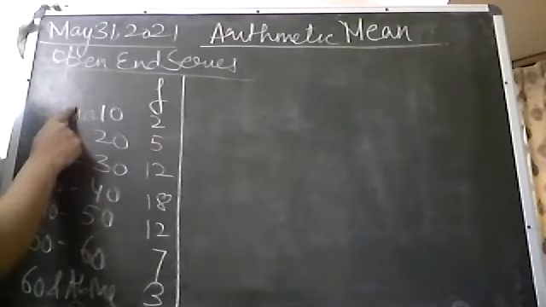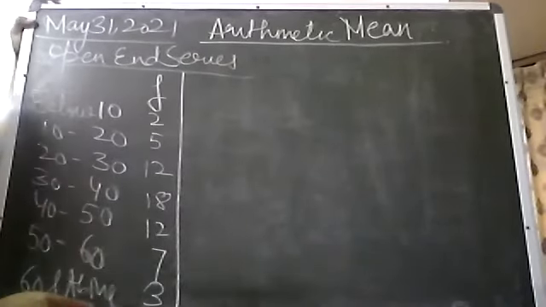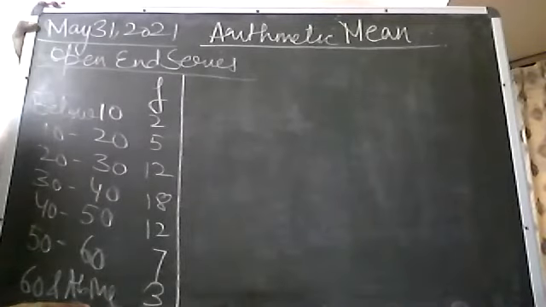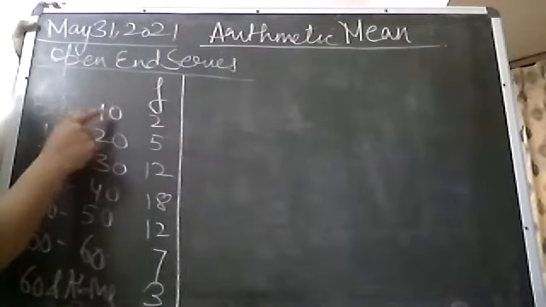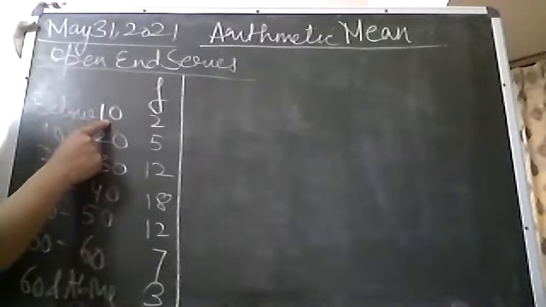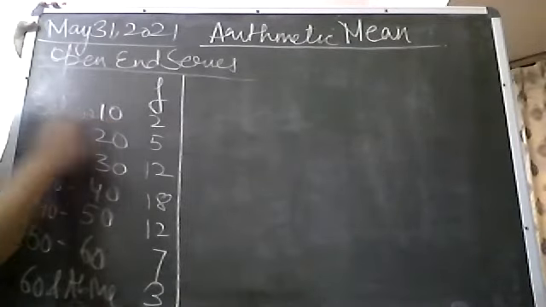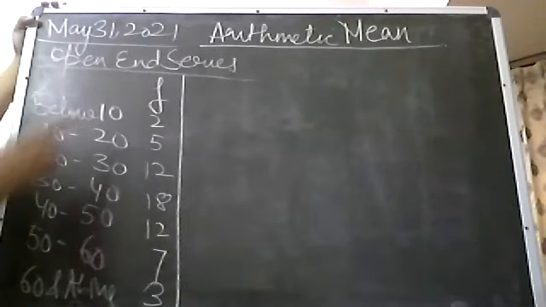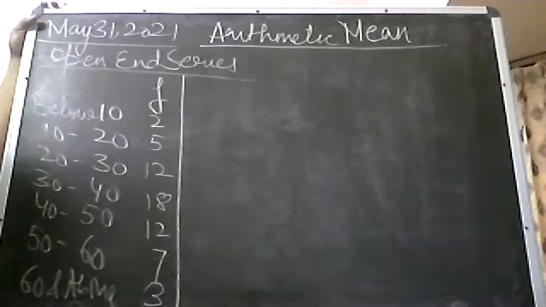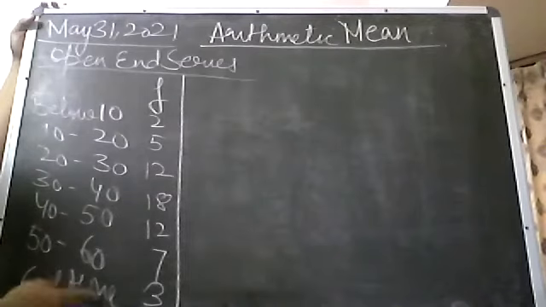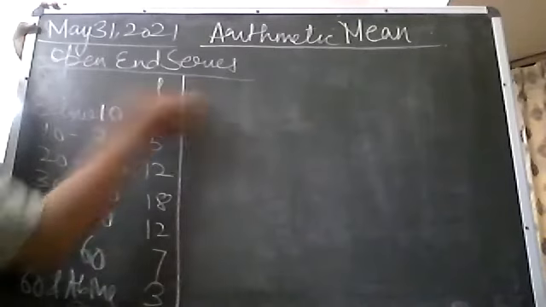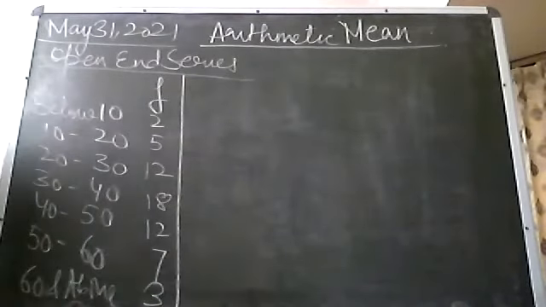So इसका क्लास इंटरवल भी 10 होना चाहिए और इसका क्लास इंटरवल भी 10 होना चाहिए. To make its class interval equal to 10, हम क्या करेंगे? 10 में से 10 माइनस कर देंगे, हमारी लोअर क्लास लिमिट आ जाएगी 0. Right? In this case, we will add 10 to 60 and we will get upper class limit. Right? So, firstly, note down this question.